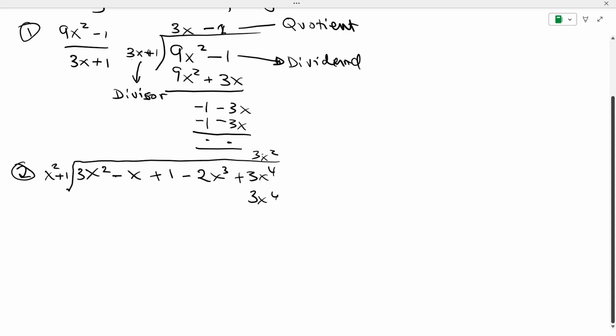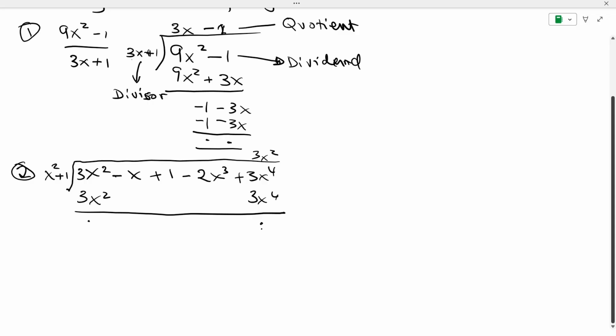And then we multiply 3x squared by 1 and we get 3x squared. So in this case, we've got 3x squared plus 3x to the power 4. So when we subtract, we get 0 there,